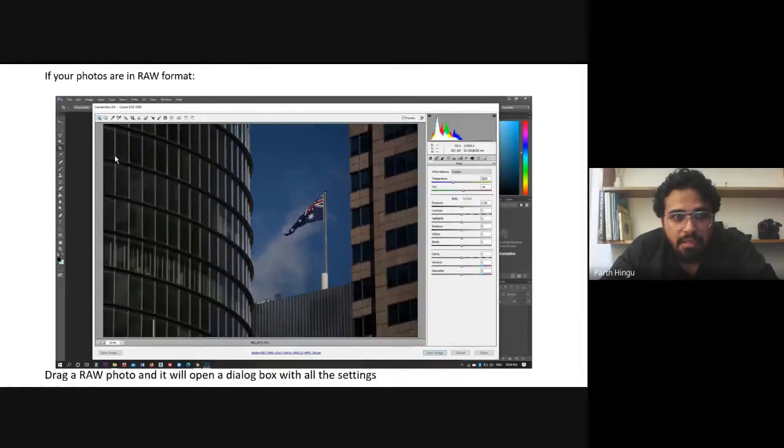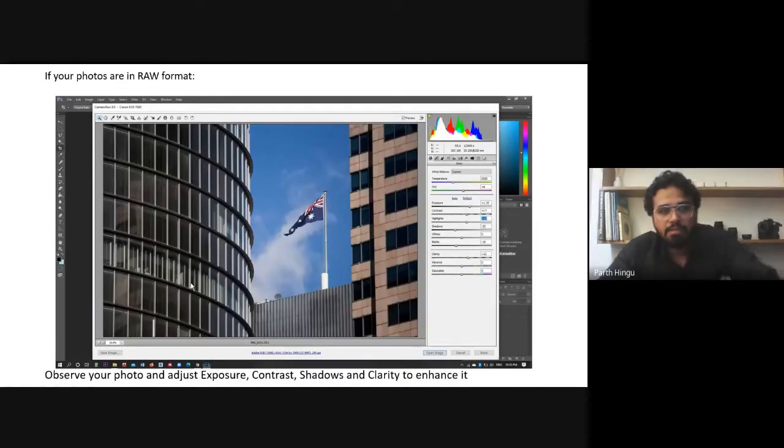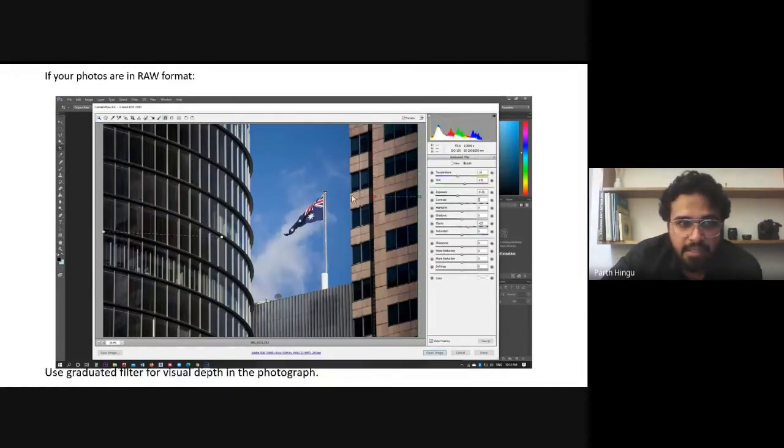You can see that this was a dark image, and you can see how it changed. Then there is a graduated filter over here. Can you see the graduated filter? It will allow you to adjust the exposure from one of the corners or anywhere.